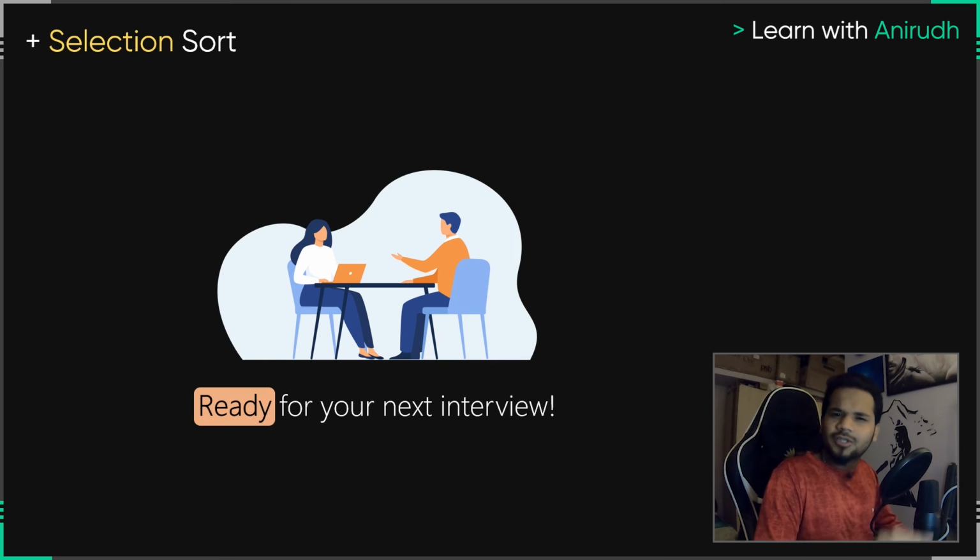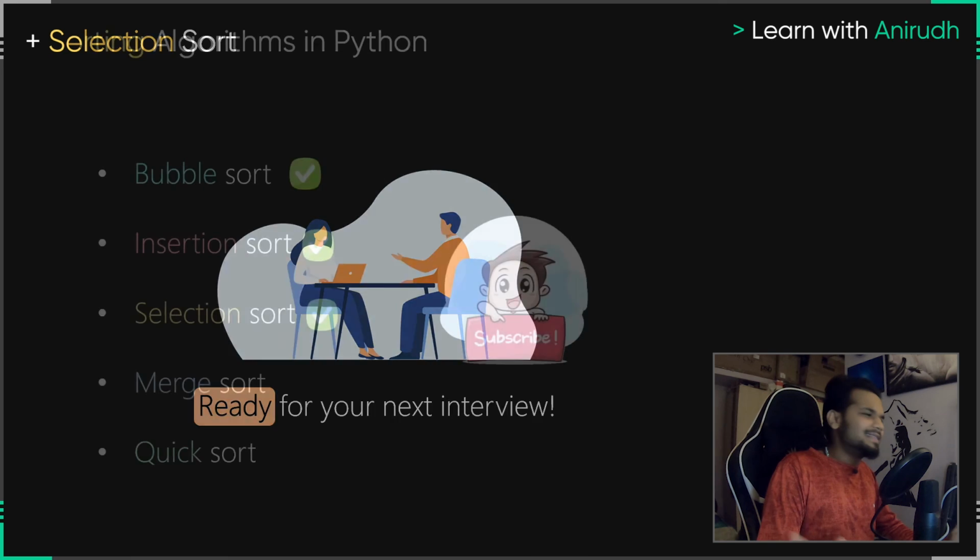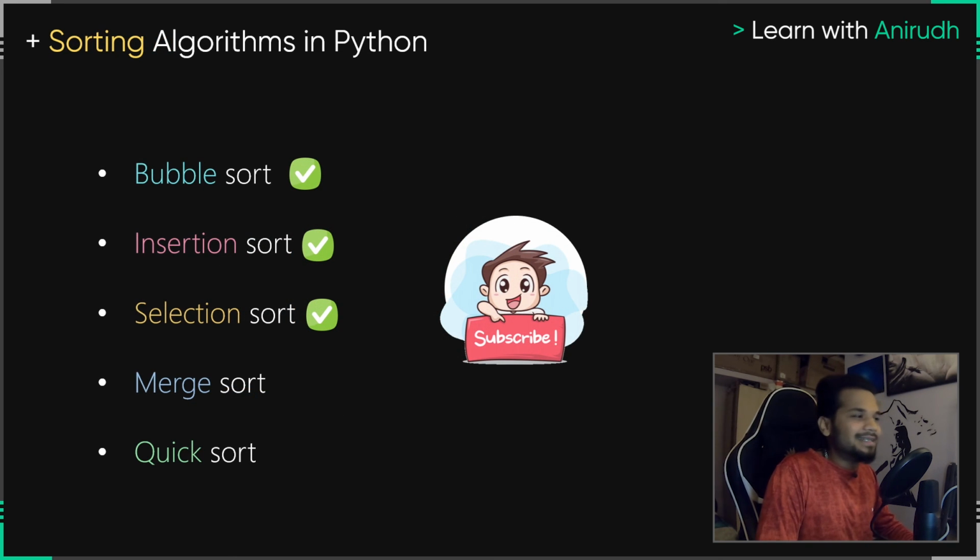Now merge sort and quick sort are actually very efficient algorithms. They use something called a divide and conquer approach, but this is an algorithm which uses an in place comparison approach. So whenever you get tricky questions like that, you will have an answer to it right now. So now you know how a selection sort algorithm works. We had a chance to take a look at the logic, we took a look at the example, we implemented it in Python, and you also have the assignments that you can use to work with it on your own. So ladies and gentlemen, with this, we have completed selection sort.